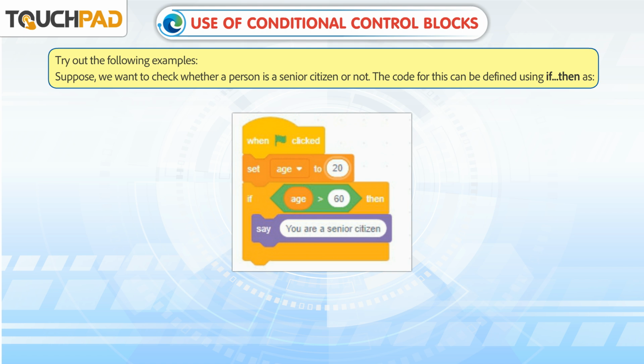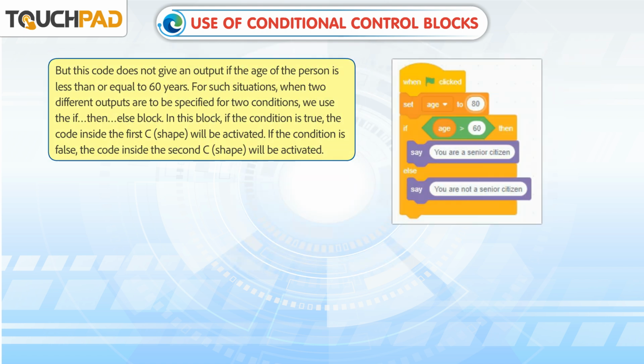Suppose we want to check whether a person is a senior citizen or not. The code for this can be defined using if, then, as. But this code does not give an output if the age of the person is less than or equal to 60 years. For such situations, when two different outputs are to be specified for two conditions, we use the if,